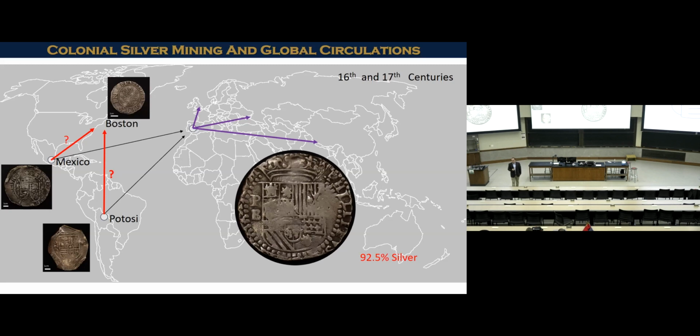We published a scientific paper about this in a scientific journal. But then we also looked at the much younger coins minted in Latin America, South America and Mexico. Those coins were from Potosi and Mexico City. Actually, they were not actual coins. Those were minted just after mining silver. They had this shape. They were shipped to Spain for further melting down and then for producing real reals with 92.5%